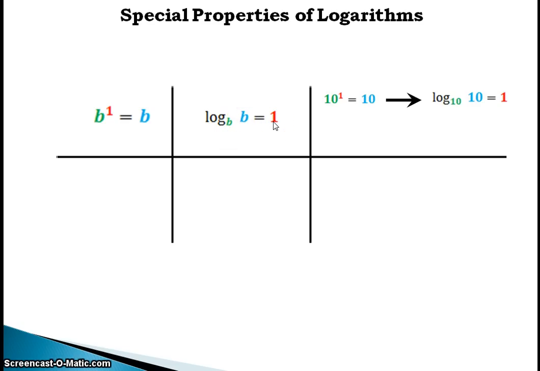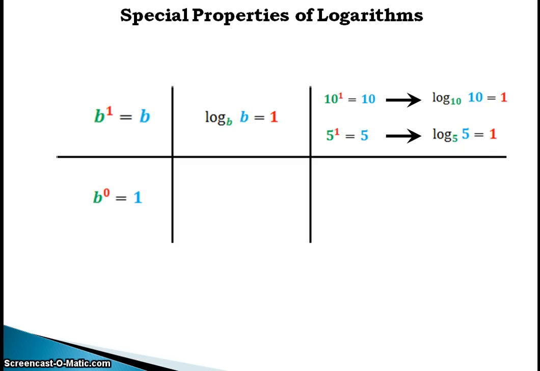Now, here are a couple of examples. 10 to the first power is equal to 10. Likewise, log base 10 of 10 is equal to 1. And log base 5 of 5 is equal to 1. So no matter what the base and the argument are, if they are the same, it's always equal to 1